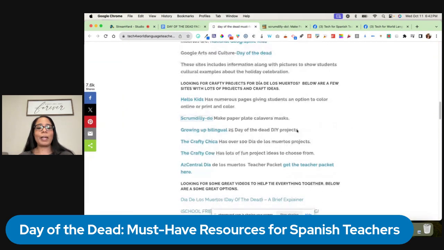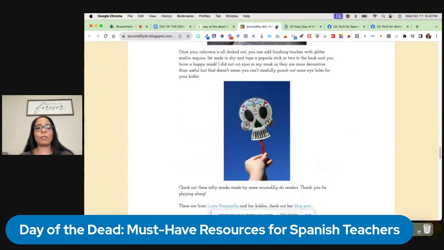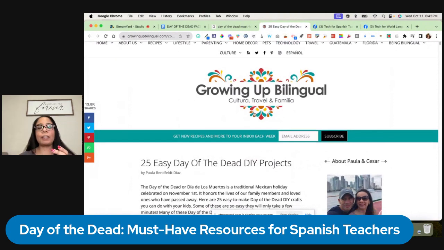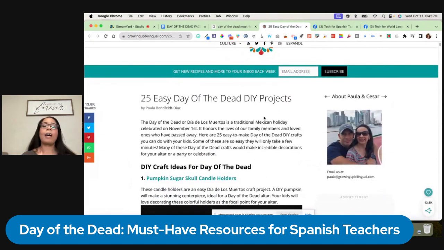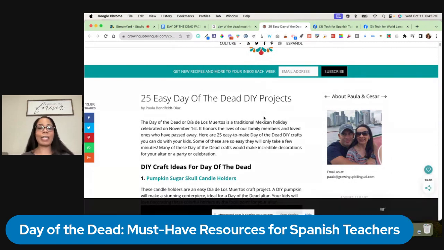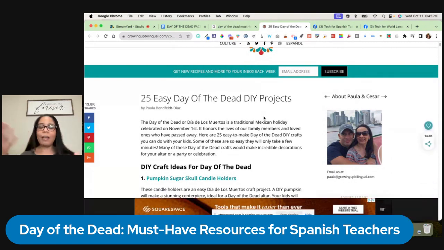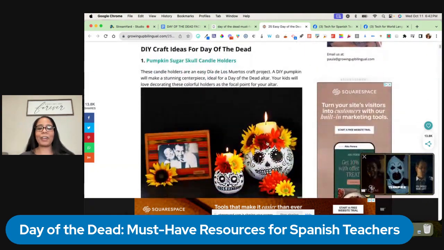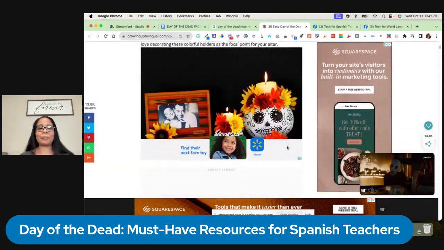So that is one. Another one that I actually love, I love that project. So much fun. We've also done the papel picado. We've painted our faces. One year, my principal was very kind and we couldn't do the whole face, but we were able to do half our face. So that was really fun, and yeah, it was great.